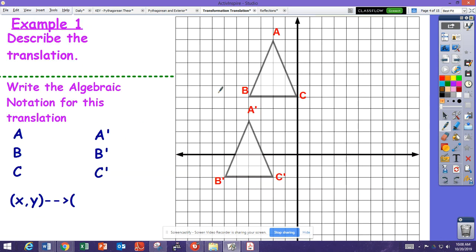And so this would be the algebraic notation to represent this image. All right, so here we have some examples. Describe the translation. Again, I'm going to pick a point and see how it moves. In this case, I'm going to go from C to C prime, right? C is the original, and C prime is the image after. So I'm going to the left, left 1, 2. So I'm at left 2. And then down 1, 2, 3, 4, 5, 6, 7. So I went down 7.